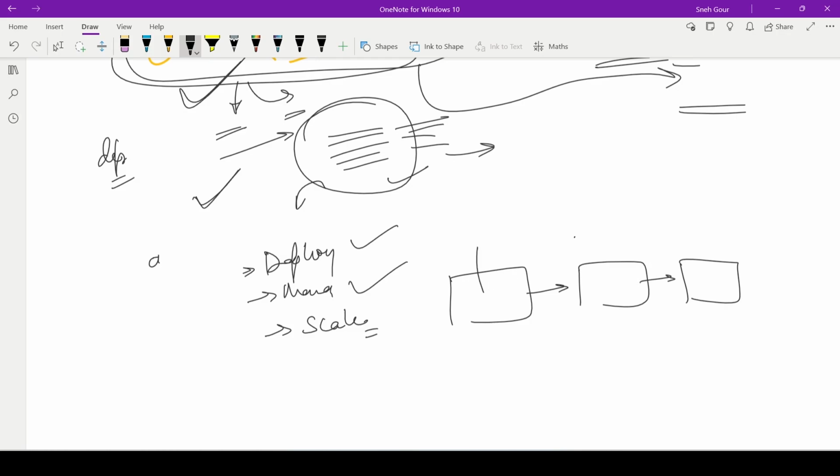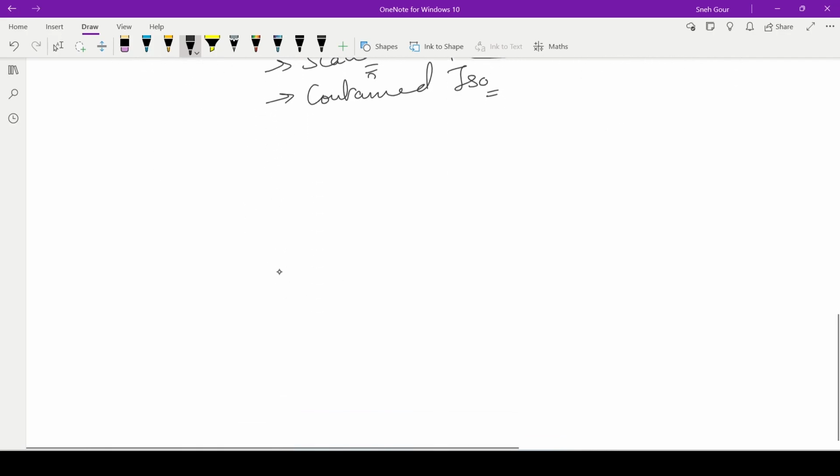So the same application, my server can have lots of instances of that, so I can scale horizontally. Also, our containers are isolated. What does isolated mean? For example,